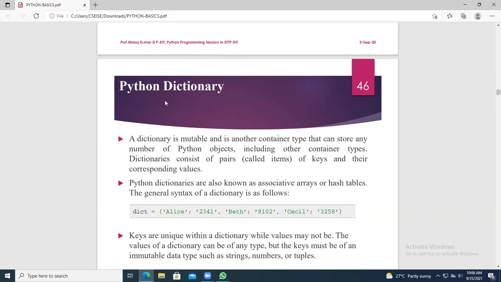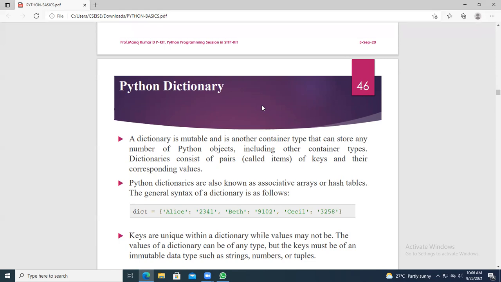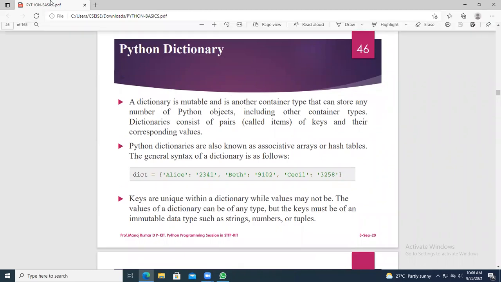So what is a dictionary, what are all the operations on a dictionary, and what are all the methods of the dictionary? For every data structure, kindly understand what is a list, list operations, list methods. Similarly tuple operations, tuple methods. Now in today's class, we are going to see dictionary, dictionary operations and dictionary methods. So what is a dictionary?